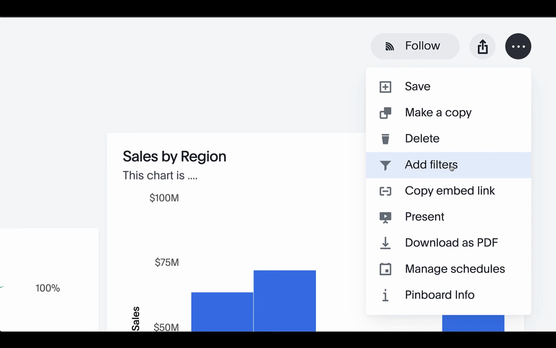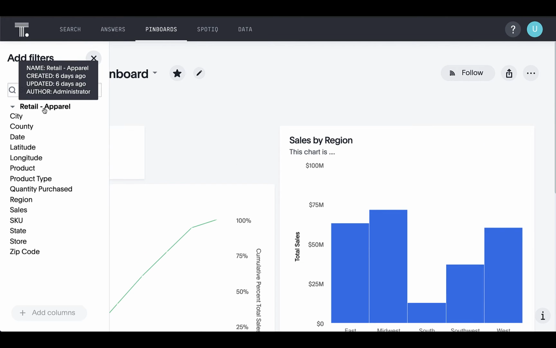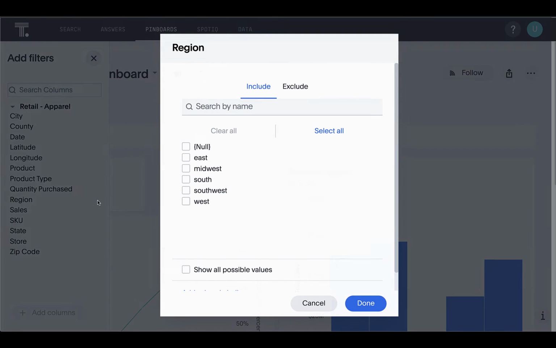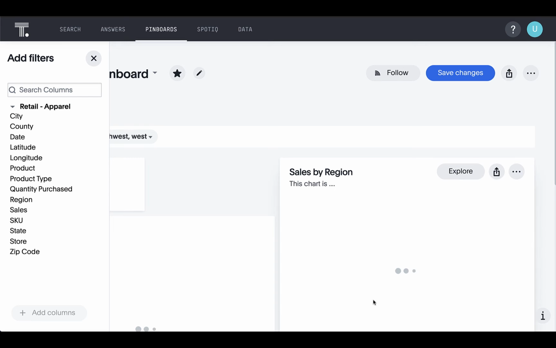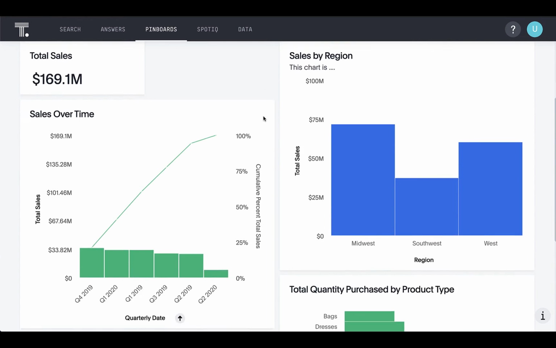To apply a pinboard filter, click Add Filters, and you'll notice the left data panel appears on the left. If you uncollapse the name of the worksheet, you can see that you can hover your cursor over any column and add a filter from that column to the pinboard. In this case, let's say we want to apply a filter by region. I'll click the filter icon that appears, and I'll select the West regions on which I want to filter. Once I click Done, I'll notice my entire pinboard will update, and now I'm only seeing data for the West,